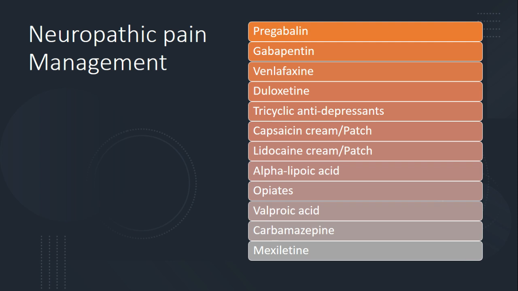According to the American Academy of Neurology, opiates or Botox is a class C recommendation for the management of neuropathic pain. So one should be careful unless you have a high suspicion for refractory pain and the patient is in a really bad situation. But usually I tend to refer those patients to a pain clinic at that point to prescribe either opiates or do some invasive or high-end pain management therapies.